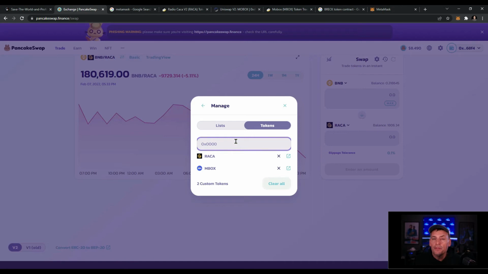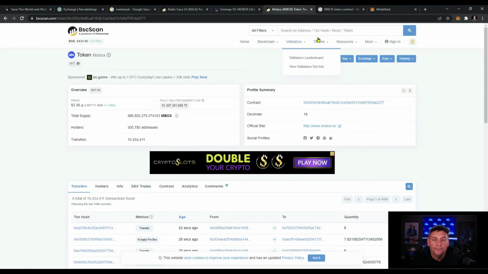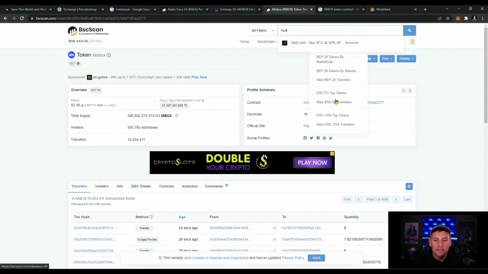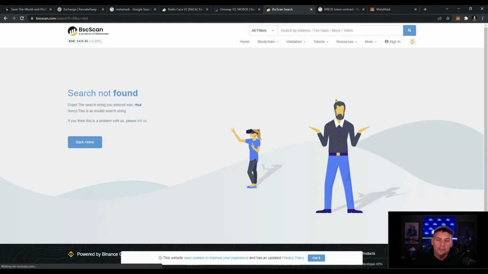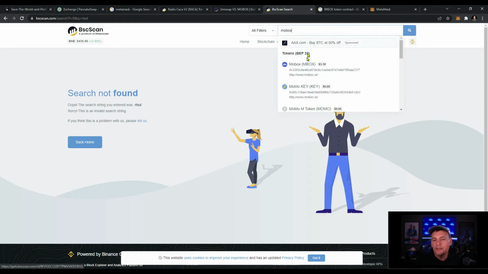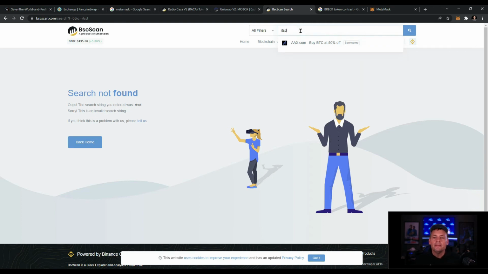Now, do you remember? I went out to a tool called BSC Scan earlier, and I want you to remember that because we're going to go use it right now. And the way I'm going to use it is I'm going to type in RTSD here, and if you hit search, it never finds what you're looking for. But if you just type in MBOX, for example, it brings it up here. And since this is a new coin, it hasn't really made it into the indexing system for BSC Scan yet. So it could pop up, it might not pop up. So I'm just going to go to its website here,